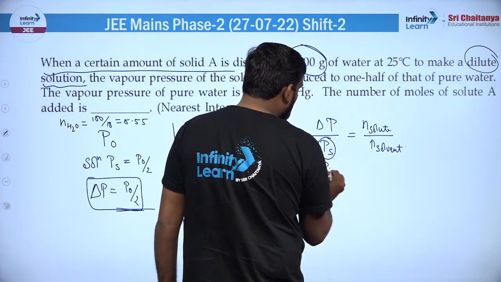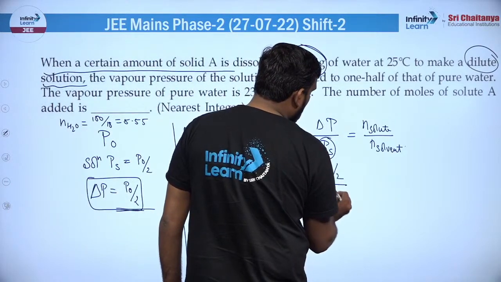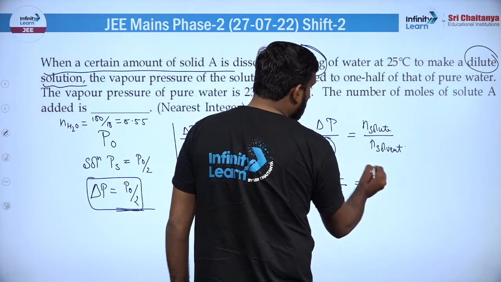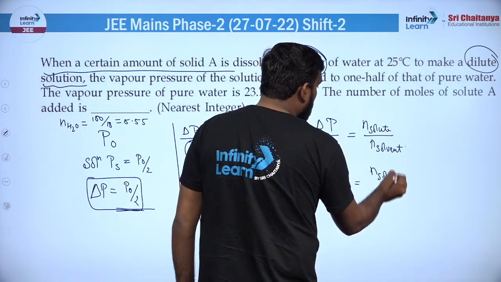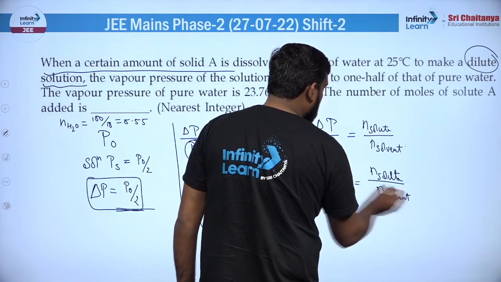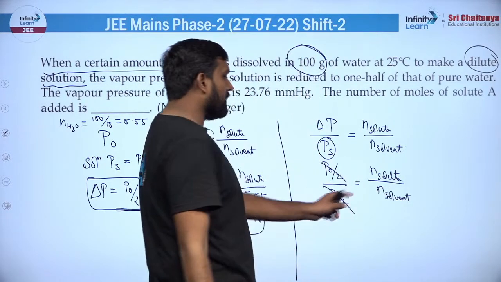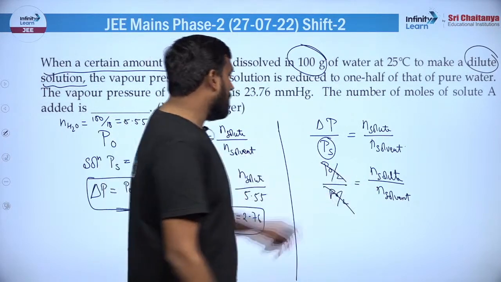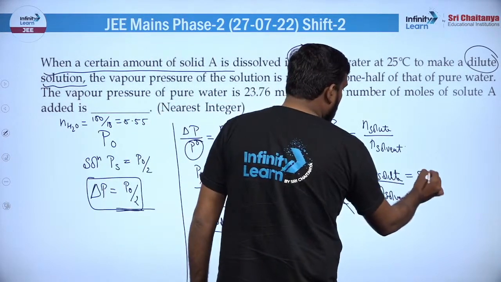बट अगर आप यहां पे देखो ना तो क्वेश्चन में आंसर चेंज हो जाएगा। कैसे? ये भी P0 बाई 2 है, ये भी P0 बाई 2 है, और यहां पे अगर आप रखोगे तो ये n of solute जो हो जाएगा वो बेसिकली बराबर हो जाएगा n of solvent के। कैसे बराबर हो जा रहा है वो आपको पता चल गया होगा, ये कट जाएंगे, तो जब ये कट जाएगा तो ये बराबर आ जाएंगे, और अगर ये बराबर आएगा तो जो n of solute की वैल्यू है 5.55 आ जाएगी, ठीक है।